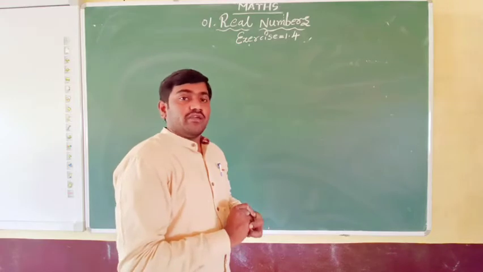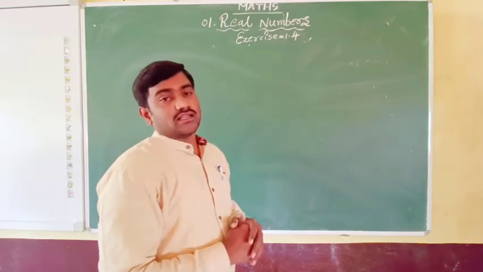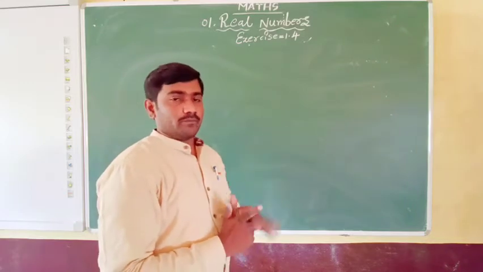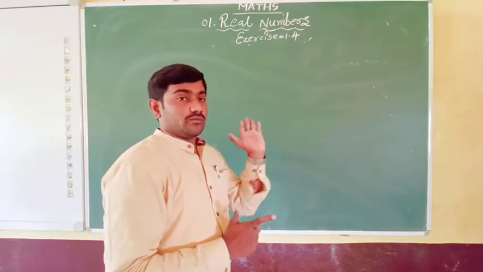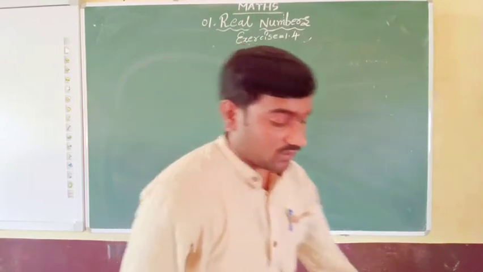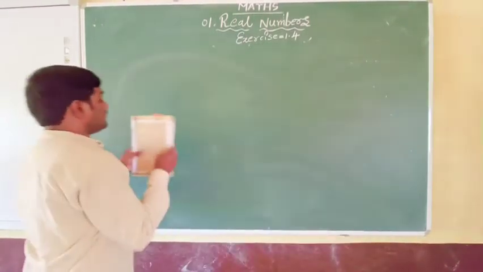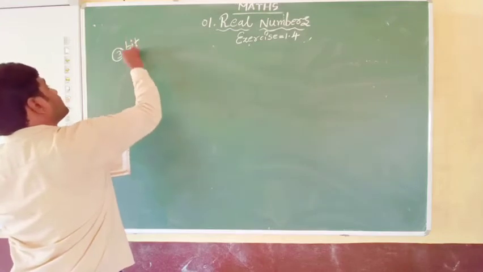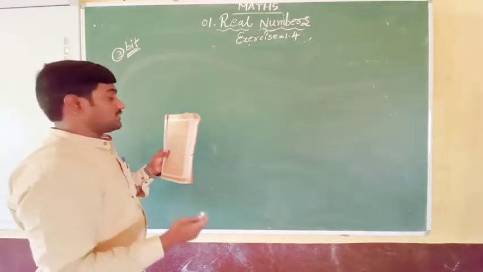In the same way, when there is a square, if you transport it to the other side, it becomes a square root. When there is a cube, you transport it to the other side, it becomes a cube root. If it is an nth power, if you transfer it to the other side, it becomes an nth root. Okay. And here, the third bit is based only on transporting the powers.